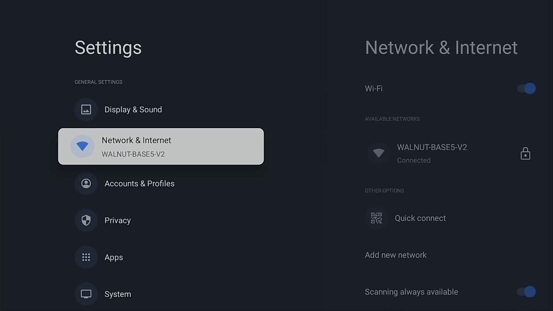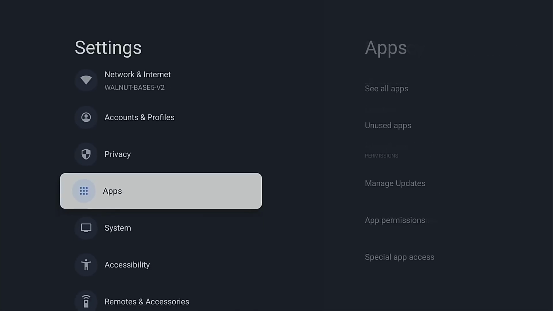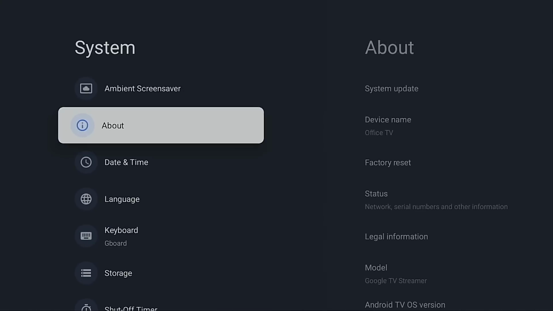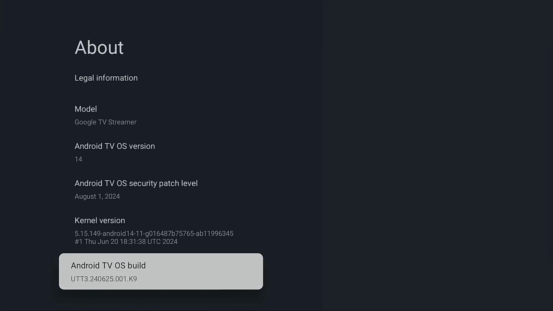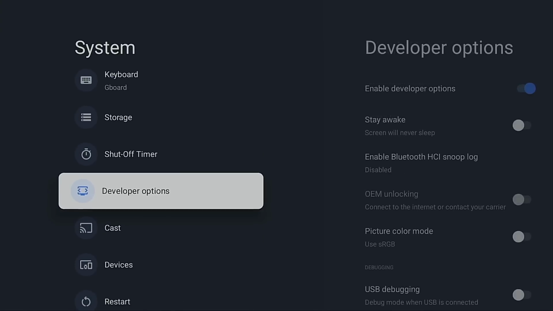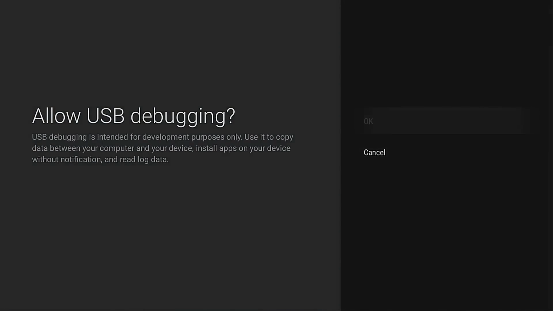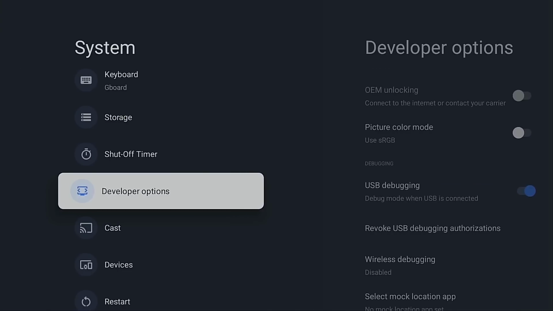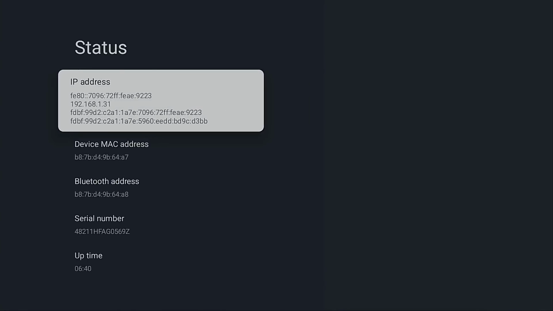Again, I'm connected to the same network as my PC, wireless network that is. Go into System, About, highlight Build, click it 7 times. You are now a developer, back button. Go into Developer Options and turn on USB debugging. Okay? Back button, go back to About, Status, and you'll see here the IP address is